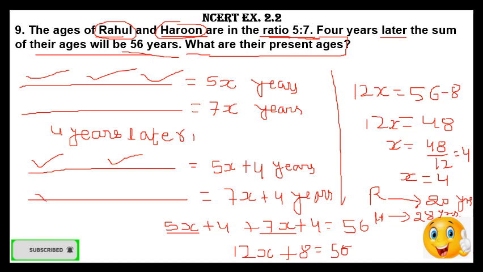I repeat again, you write the statement yourself. The first statement is the age of Rahul, and the second statement the age of Harun. Then 4 years later, age of Rahul and age of Harun, and then you can continue to solve your question like this. I hope this question is quite clear to you all. Now next,